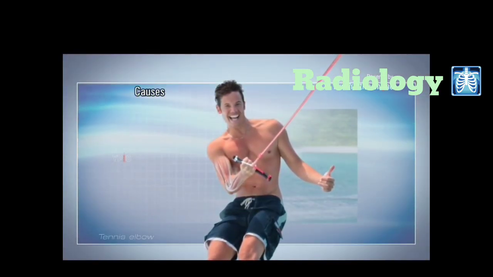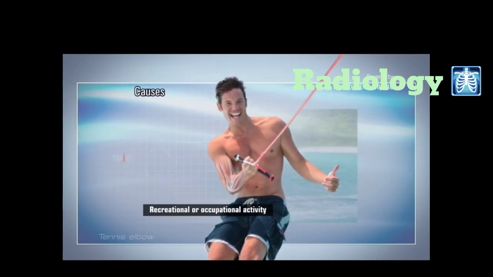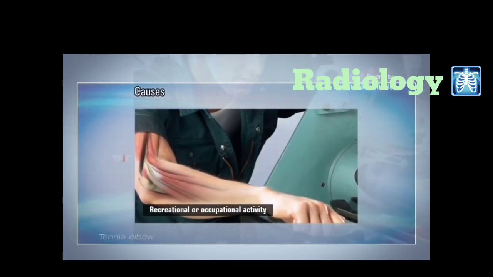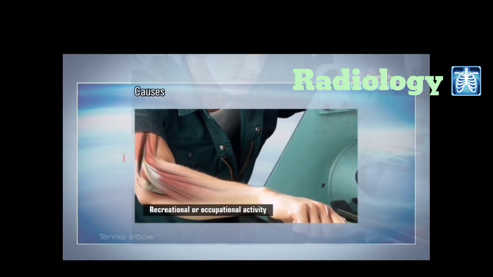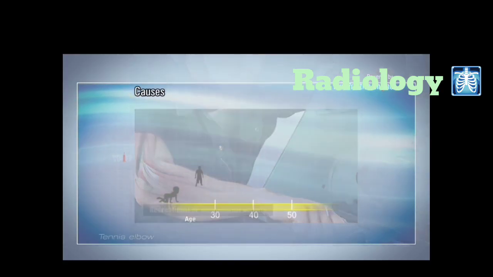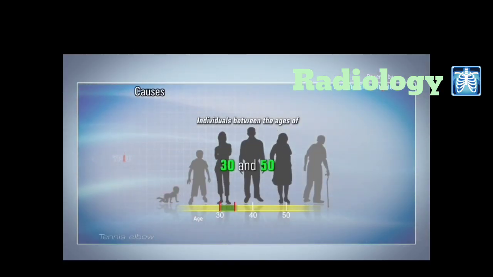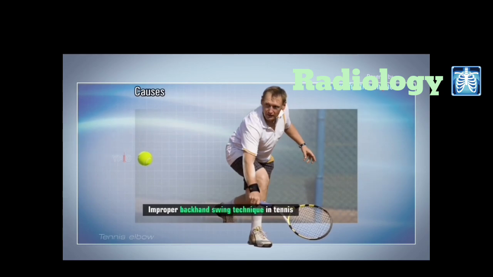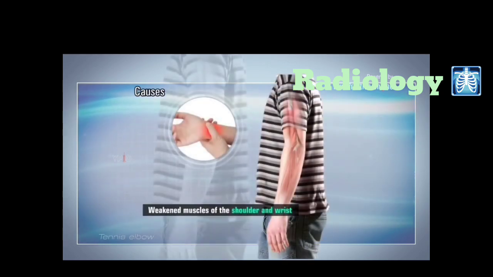Causes of tennis elbow. Any recreational or occupational activity that involves the use of elbow muscles can result in tennis elbow. It is commonly seen in individuals between the ages of 30 and 50. Common causes can include improper backhand swing technique in tennis, weakened muscles of the shoulder and wrist, continuous use of